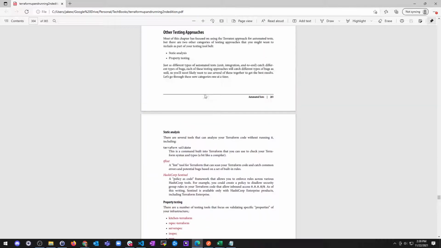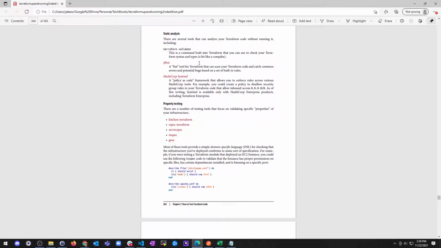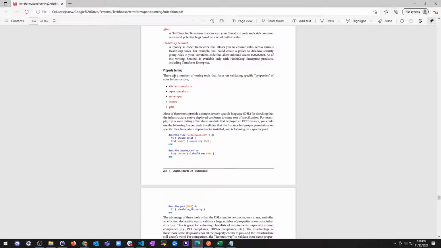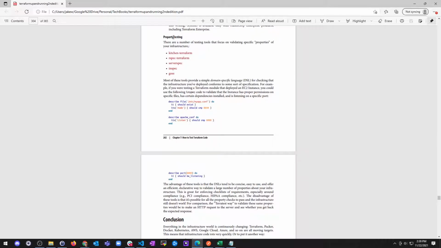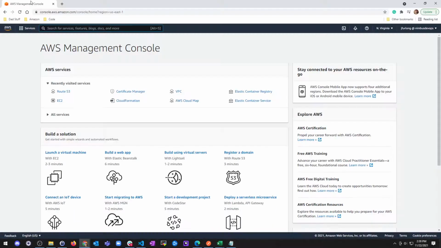The other section is way more applicable, and that's that once you run a Terraform validate and you make sure all your stuff's good and you do an apply, and I went over Sentinel in a separate video, if you have policies that need to be put in place, the property testing is really where this gets in. And you've got server spec, inspec, like all these things are really probably a better option for testing. So although Hashicorp has done their best to kind of create something useful for us, I think a better option